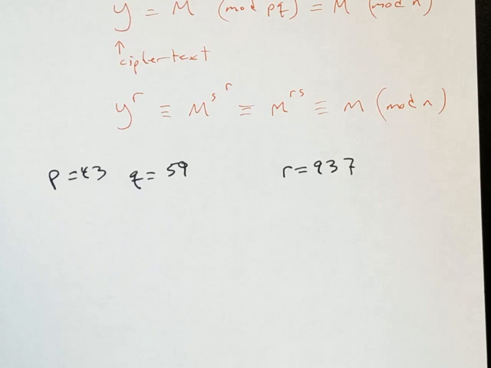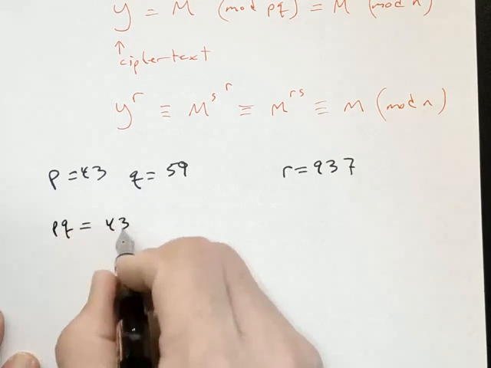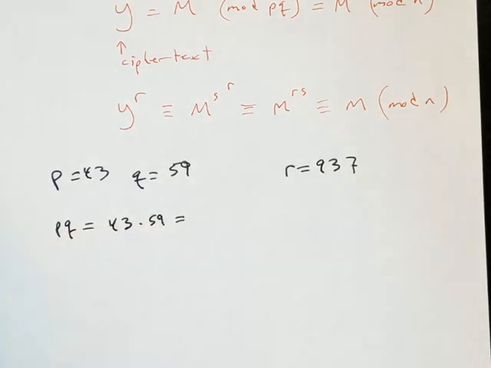Grab your calculators. What's 43 times 59? Trust me, get your calculators out. You're going to need them for the rest of the class. I'm sorry? So use your computer. You're sitting in front of it. There's a calculator on there. Use your phone. I don't care. I need a calculation device. 2537. Great.